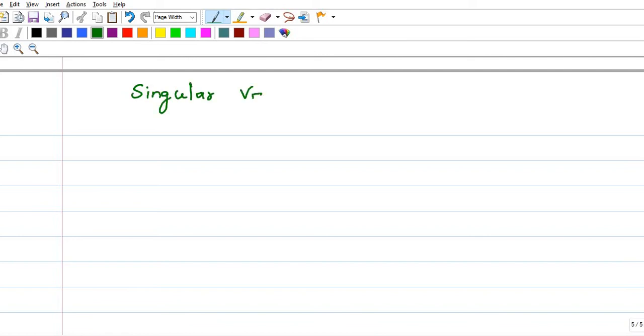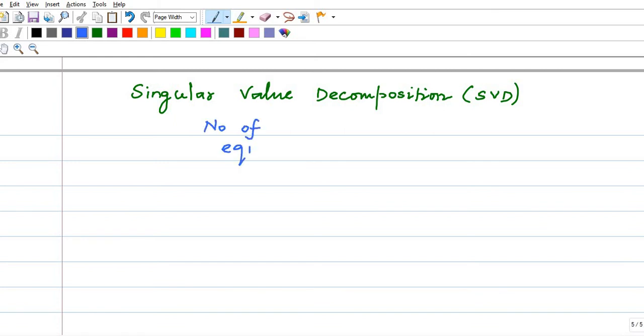Singular value decomposition. Here the number of equations is greater than the number of unknowns.